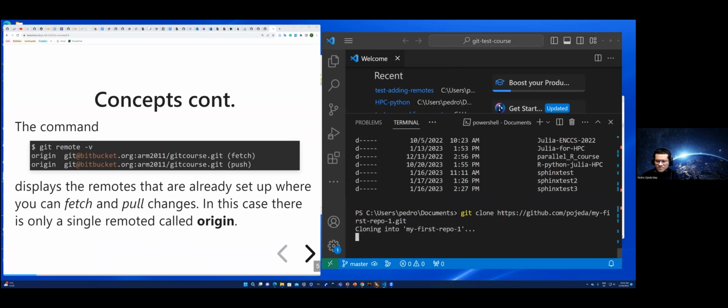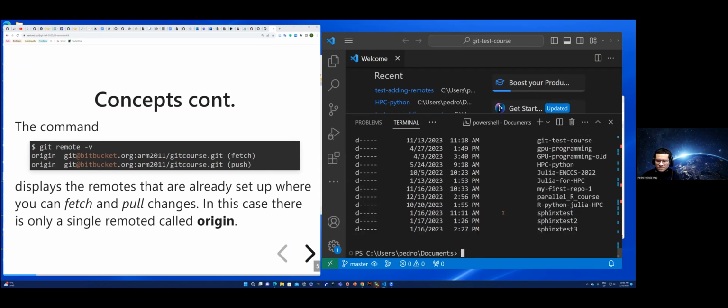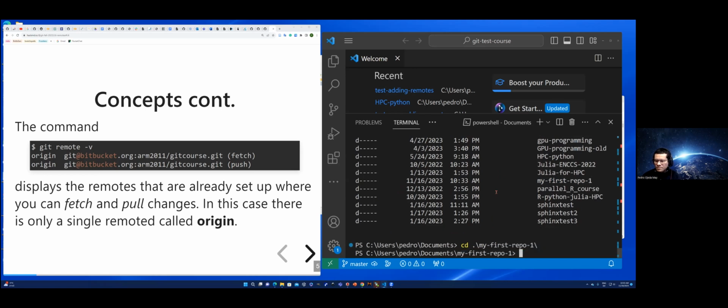Then, yes, it was cloned. Then I can do this. You can see that the repository is already here, right? So I can go to my first repo. And if I type git remote -v,